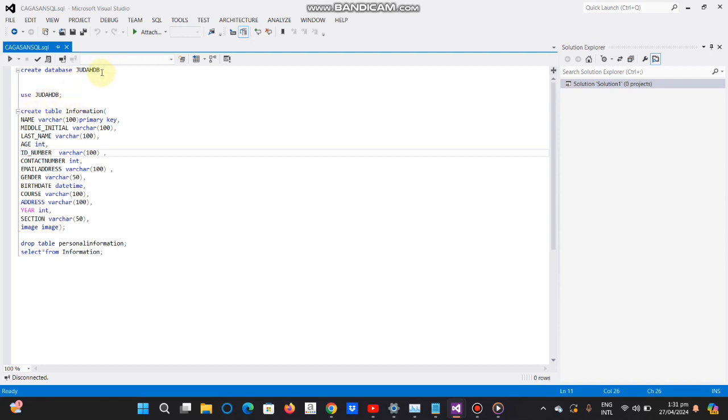To create a database, just highlight your code, then run, execute. Also this, then create a table, and to view this, just select the table.